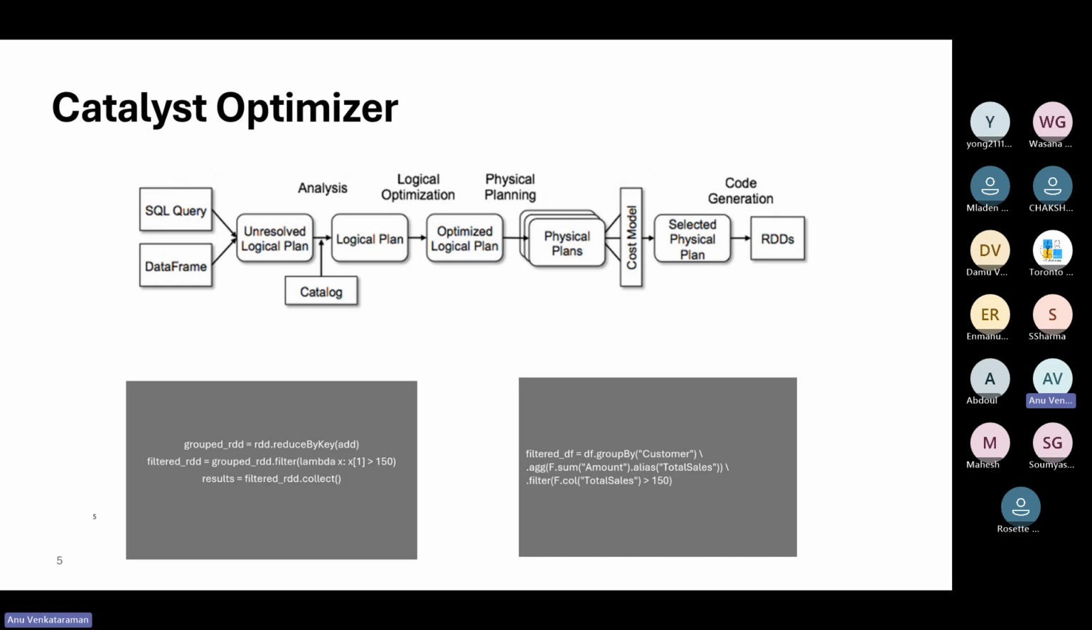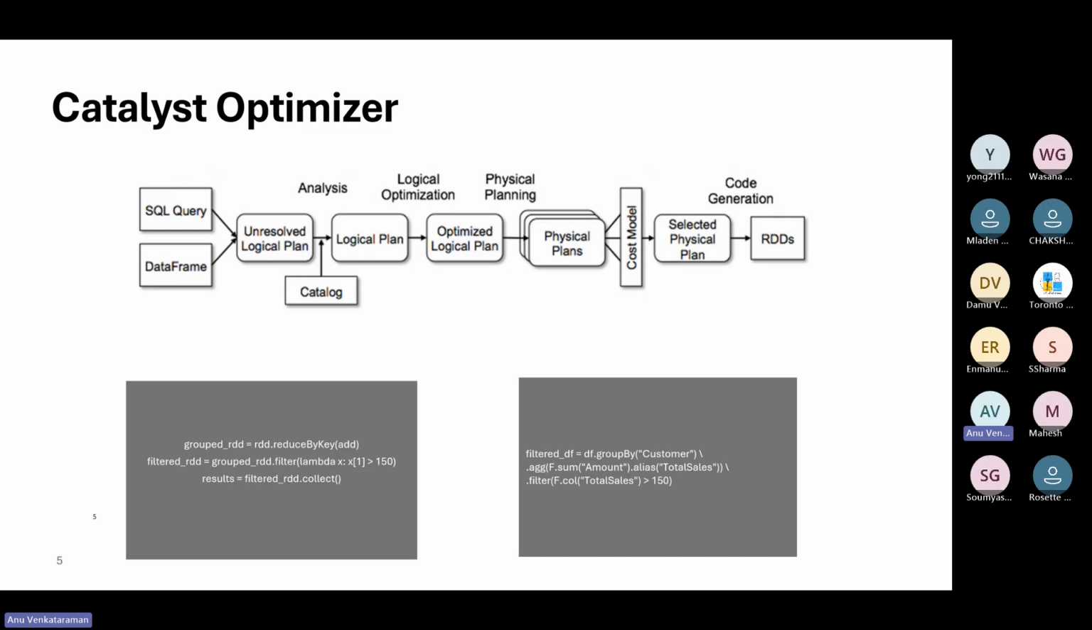So the Spark community felt there was room to improve, and the Catalyst Optimizer was introduced as part of Spark 1.2. The Catalyst Optimizer is a query optimizer which sits between the Spark core engine and all the libraries like DataFrame. If I write DataFrame code and submit it to the